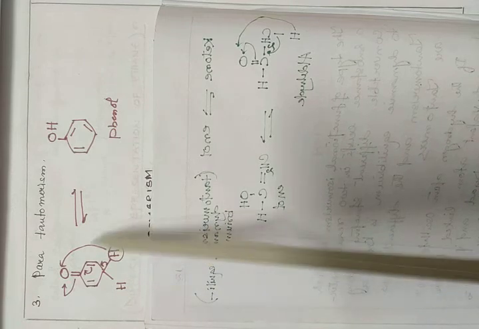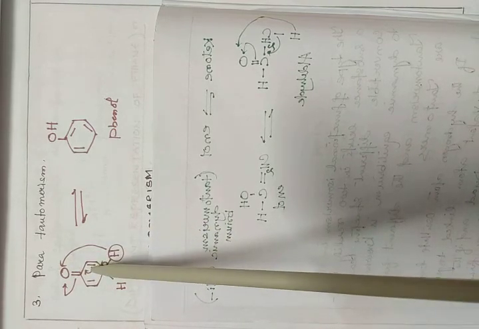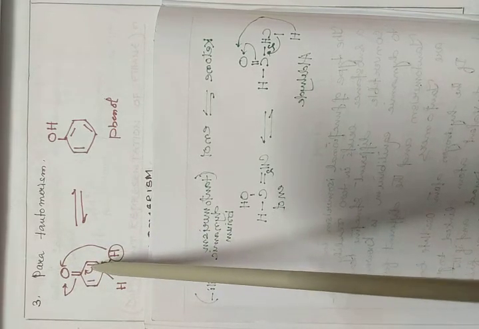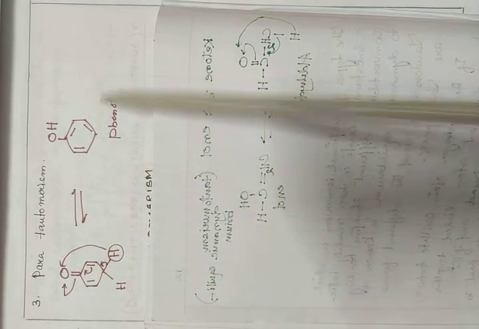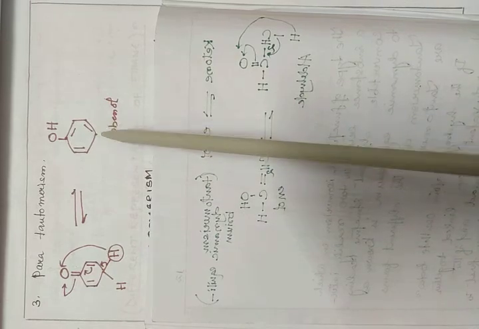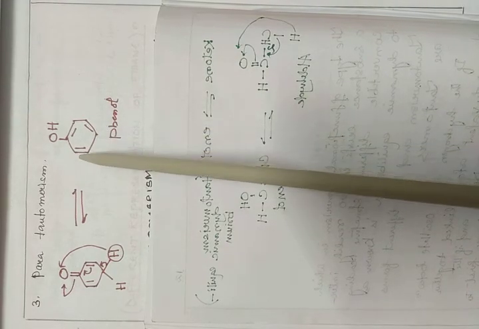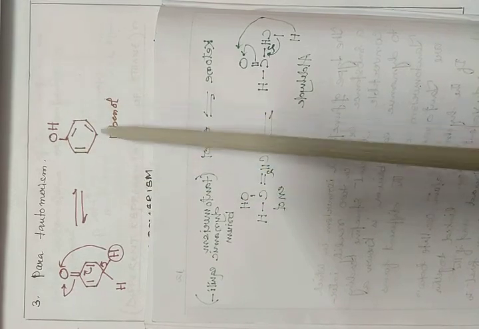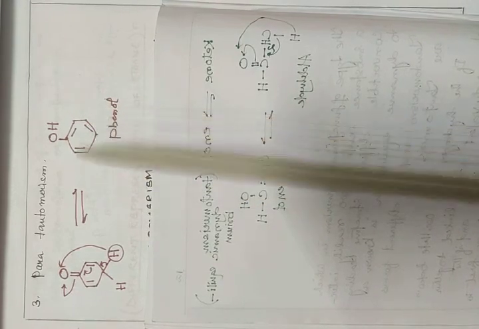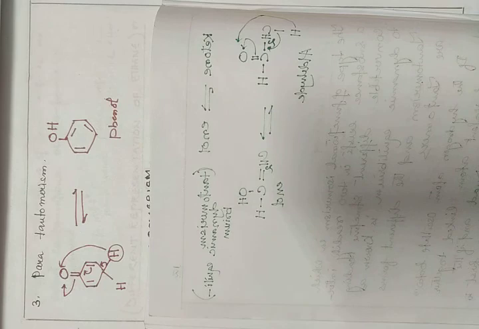Then this one will be given to here, and this one, that bond we have to break and then give in this position. At that time it will come as a phenol. So now one hydrogen will be there on that side; on this side, of the 6 sides, 5 sides have hydrogens only. So this is the class for today. Next class we will do stereoisomerism.